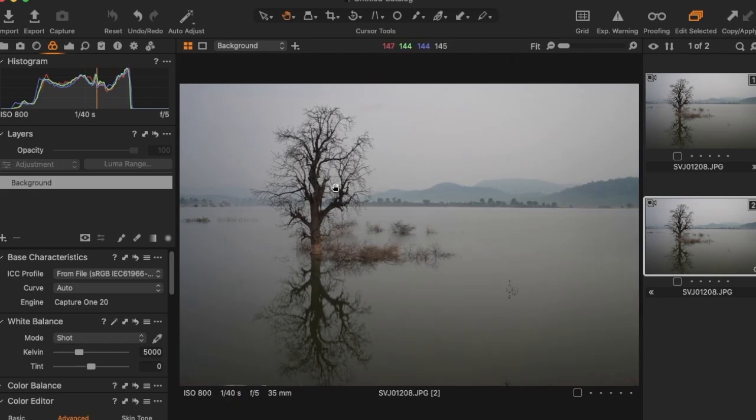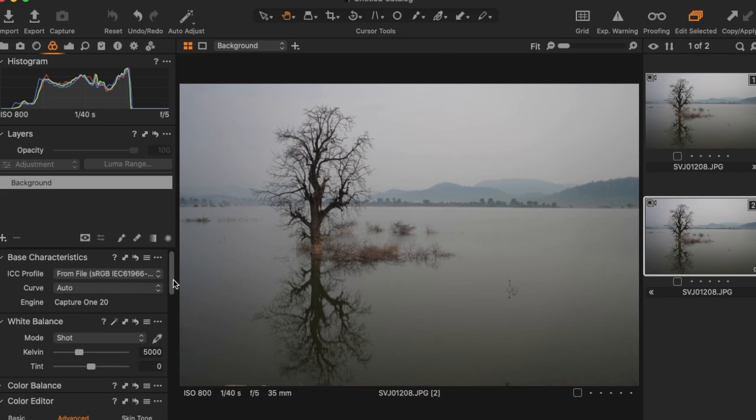Another challenge here is that this photo is shot in JPEG, so we will have very slight limitations in terms of the raw editing, but nevertheless, let's see how far we can take this photo. Capture One has a similar interface to Lightroom. You have a global adjustment and a local adjustment. The basic principle remains the same, only the interface is different. So I will also try to figure out how the Capture One interface works during this video.